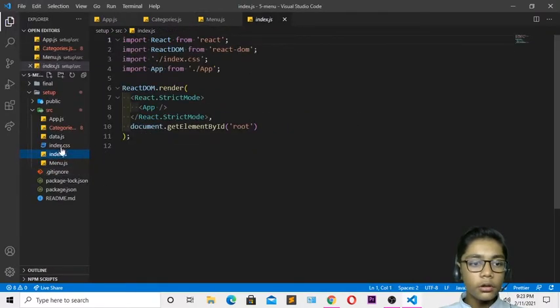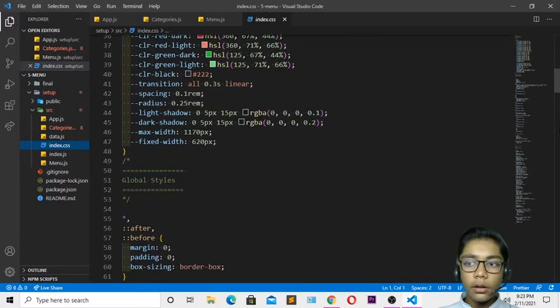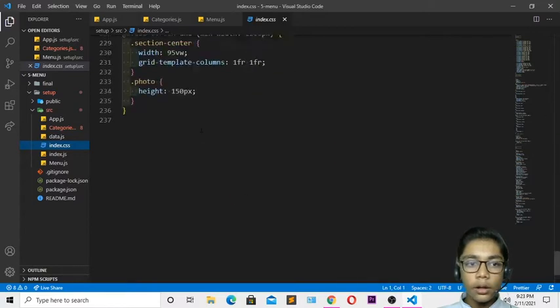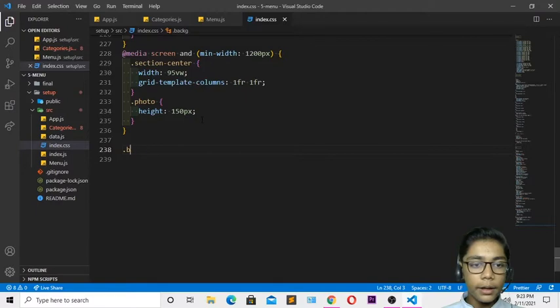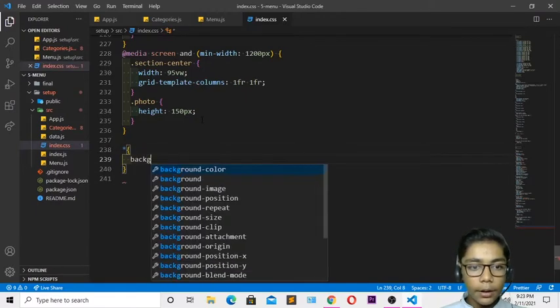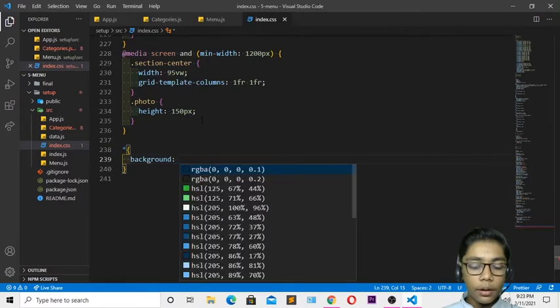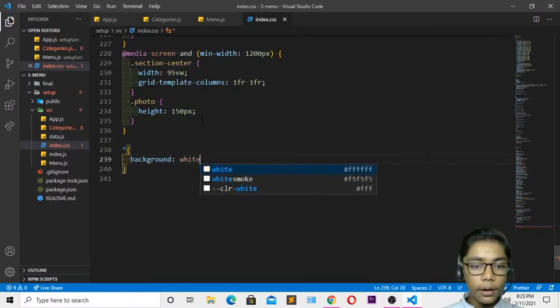Go to your index.css file over here, then go down enough and you have to create a file. So I'll be just coming and I will be creating the class. So I will be writing first of all this, then write over here background. So I'll be writing over here background. So I'll be defining a background of any color you want. So I'll be defining a white.